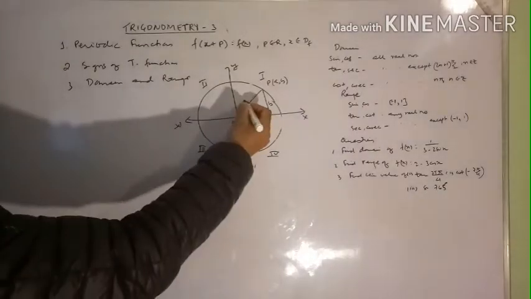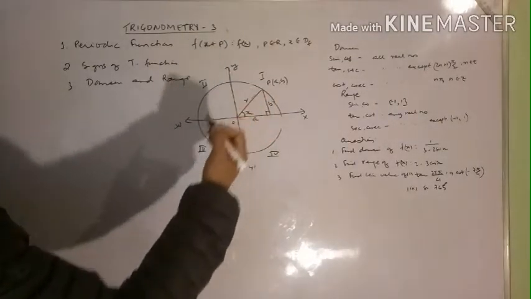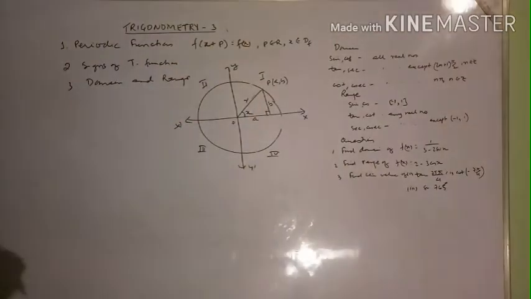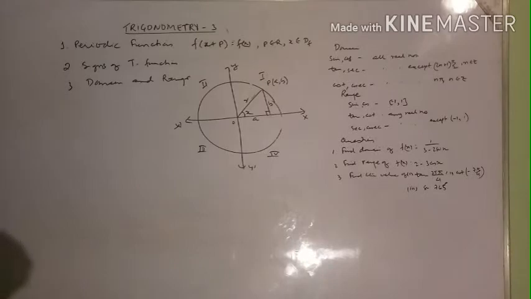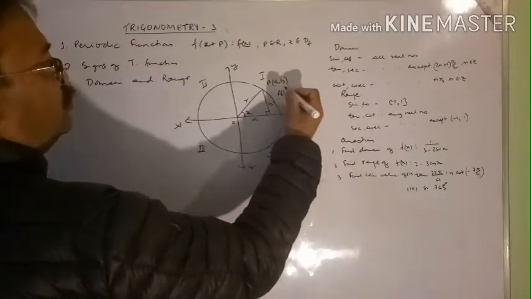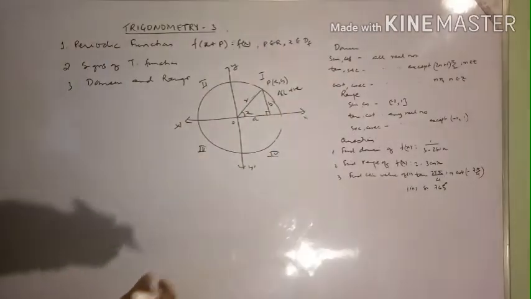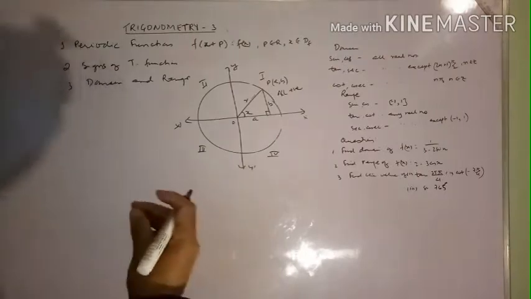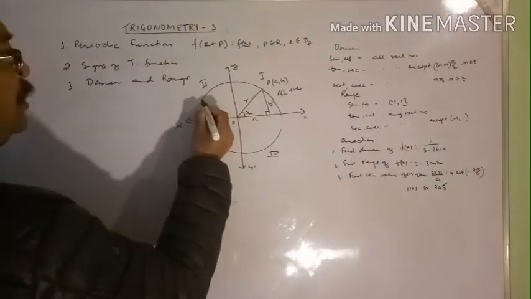Okay. If we take this as R, then R is always positive. So you see, since all three sides are positive, all trigonometric ratios will be positive. There is no question of getting any negative sign. So in this quadrant, all ratios are positive. Sine, cos, tan, cosec, sec, cot, all ratios are positive because all three sides are positive. Now if you take that point here on the second quadrant,